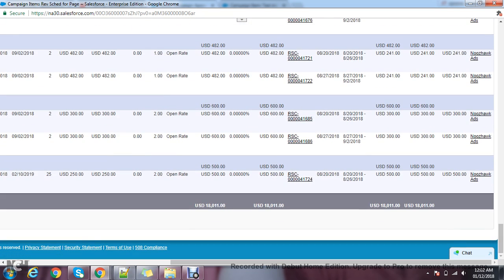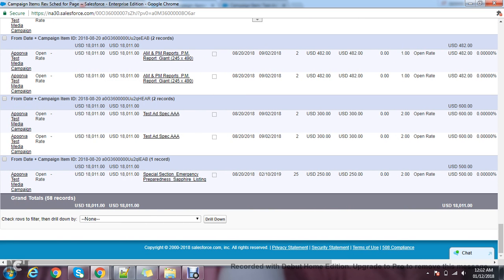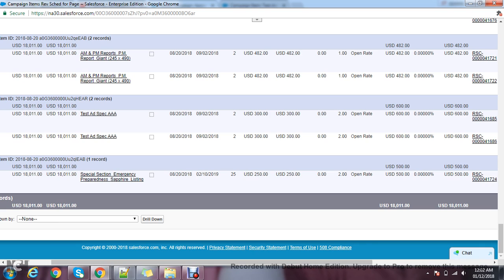Okay, so these are created. We have this one, that's a special section, emergency preparedness. So this is a special section campaign item. For this one, it runs from